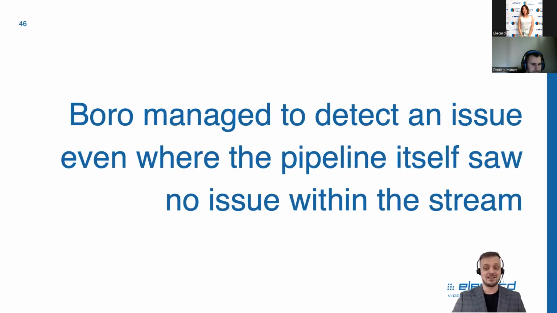So to summarize, Elecard Boro within this CDN network detected an issue where the network itself thought there is none. You can see how this can be helpful, especially if you're running a bigger network with multiple hardware encoders, decoders, and packetizers along the way. Boro takes a deeper look on a different level. You have confirmation systems, automatic analyzers, and systems built into your hardware that check the packets, that check the stream, that say everything is A-OK. But a problem like this can still get through that system, pass under it, get unnoticed, and cause big issues later on.